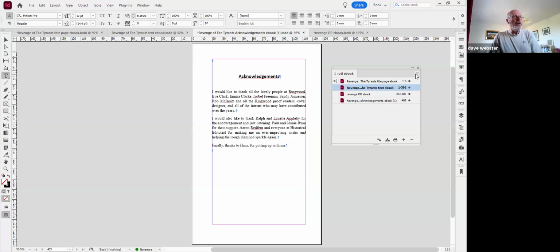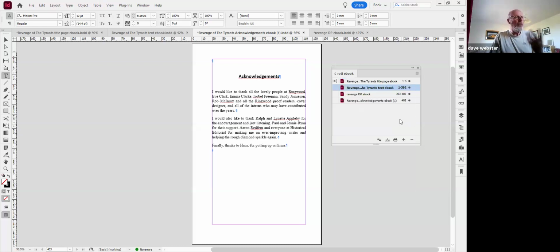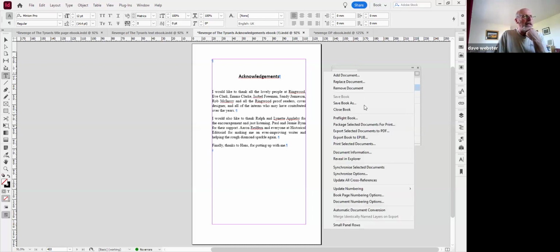Then I'm going to save it. Yeah, because I've done something now. I've now got a book file. So I've now got 4 InDesign document files, and a title and a book file. And this little drop down here is where we eventually click that, and we get this little drop down box, and it says export book to ePub. So in principle, that was all you would do. If all those files are correctly formatted for ePub,